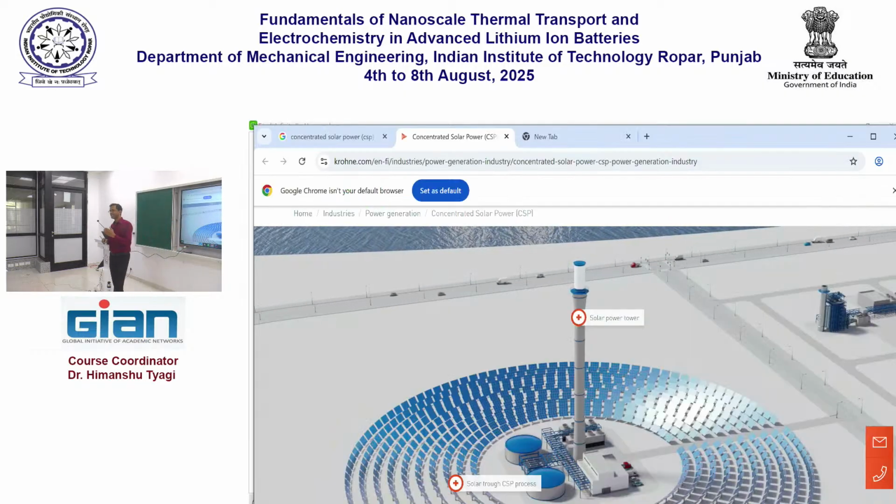And then in the night, when the sun is not there, the demand is still there, right? I cannot tell people, look, the sun is out and therefore I cannot provide you any electricity at this time, right? That's not going to work. That's not going to work for too long. And therefore, I can use this energy storage capability to be able to meet the demands of electricity in the